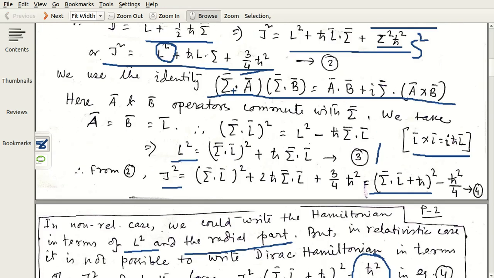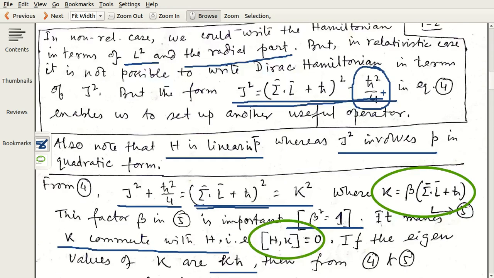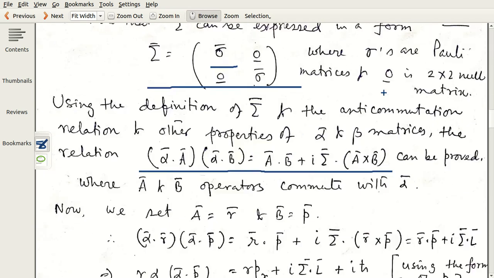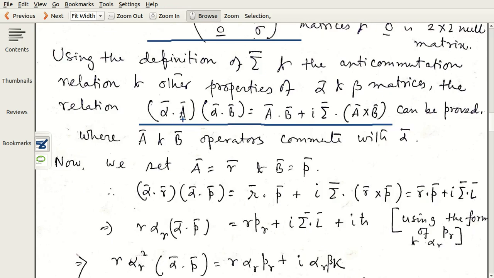Here it is sigma dot A sigma dot B, and on the right side it is sigma, but an equivalent relation is alpha dot A into alpha dot B equals A dot B plus, on the right hand side, capital Sigma. So be very careful to choose it. You can try to solve it, and you will find guidelines in every standard book, say Mathur, Venkatesan, Ghatak and Lokanathan.